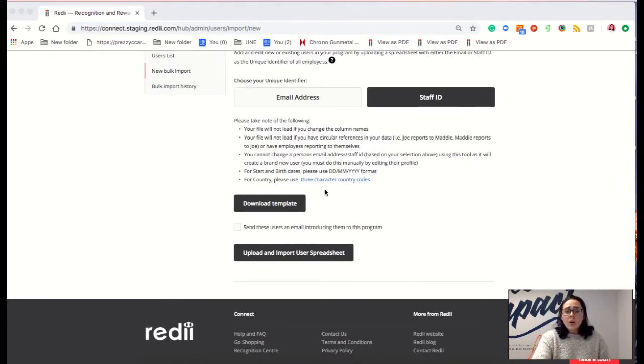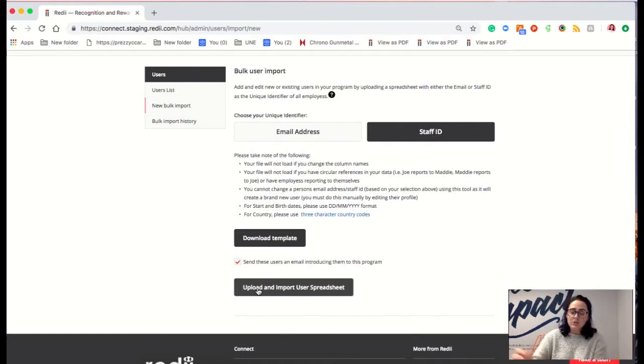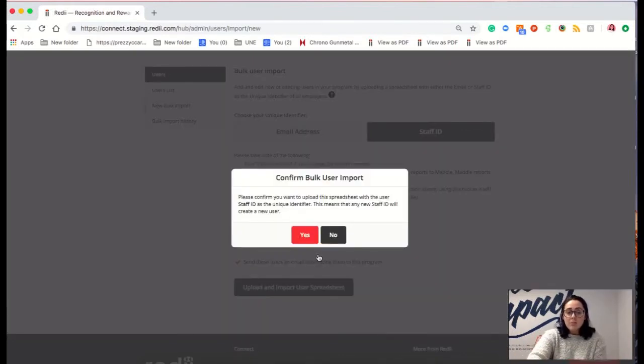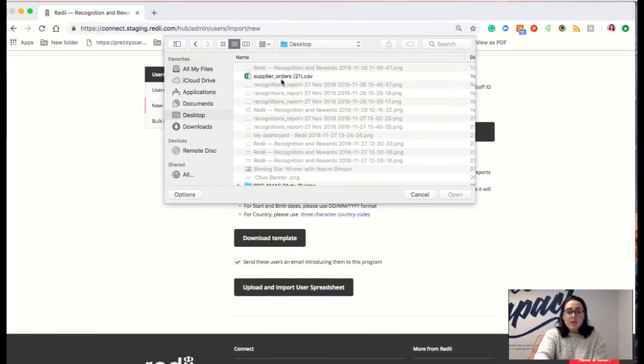So all we need to do now is upload. Once it's saved, I'm going to choose to send new users in the system an email saying welcome. This is completely up to you. If you want to wait a little bit, then don't tick that and we can do it later on. So all you have to do is upload. There will be a confirmation, so you just need to confirm that you click the right thing. So just to make sure, yes, I want staff ID. I don't want email address. Yes. And all I need to do now is